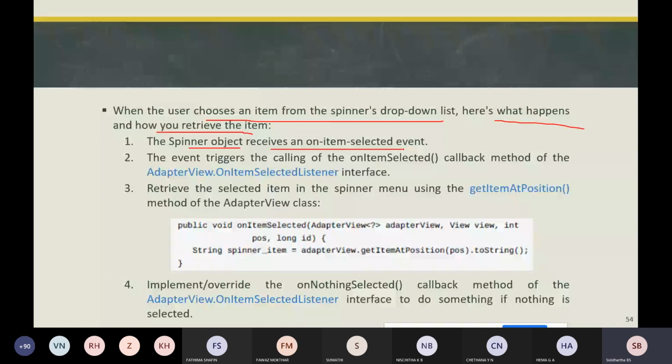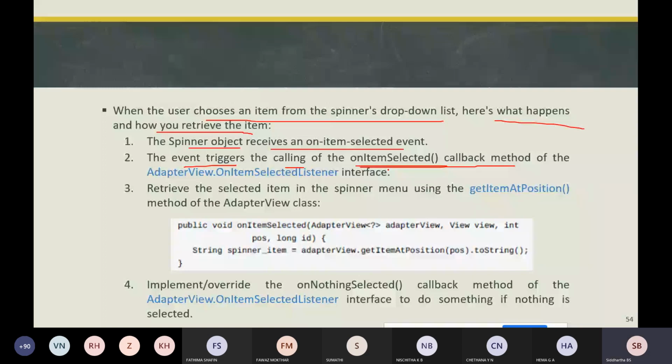Second step, the event triggers the calling of the onItemSelected callback method. As soon as the user clicks on that particular item, it is received by the spinner object and the event is triggered. When the event gets triggered, it calls a callback method, that is onItemSelected, which is in the interface AdapterView.OnItemSelectedListener.